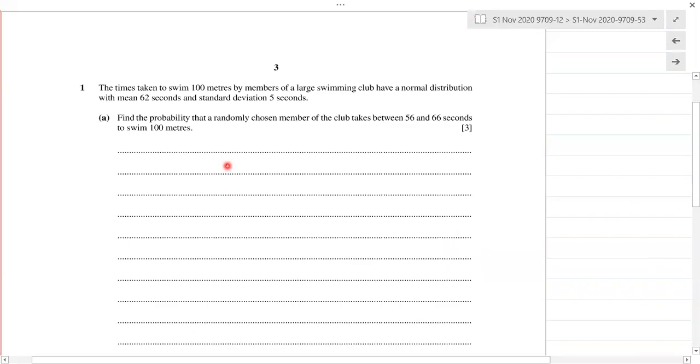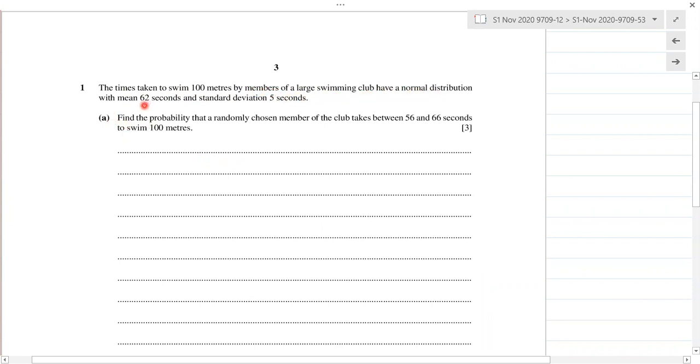Okay, now this is October, November 2020, S1 A-level Maths, component 5.3. Question number 1. The times taken to swim 100 meters by members of a large swimming club have